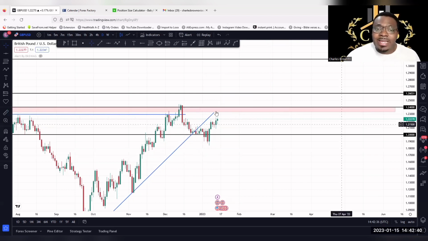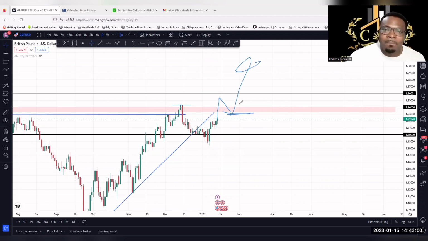If the market breaks above this high, okay, what do you expect if the market breaks this high and pushes up to break this high? All right, take out this high, that is structure broken, and then we'll now wait for a pullback for a proper buy to the upside. Okay, you got it now. All right, so that's the thing.